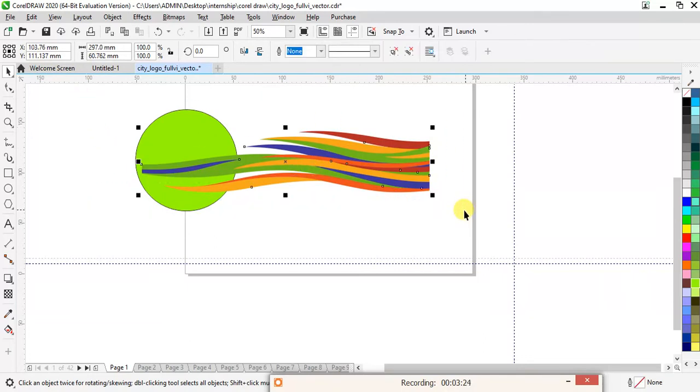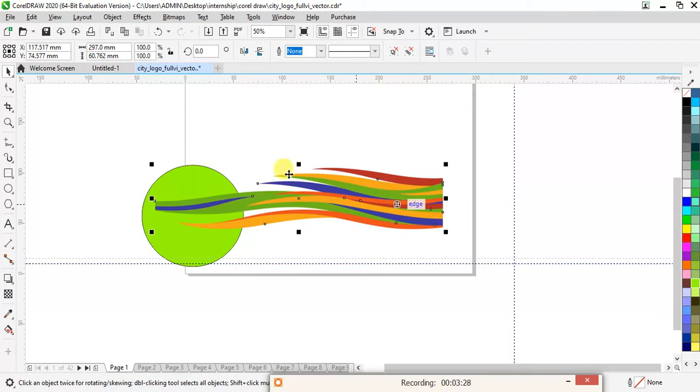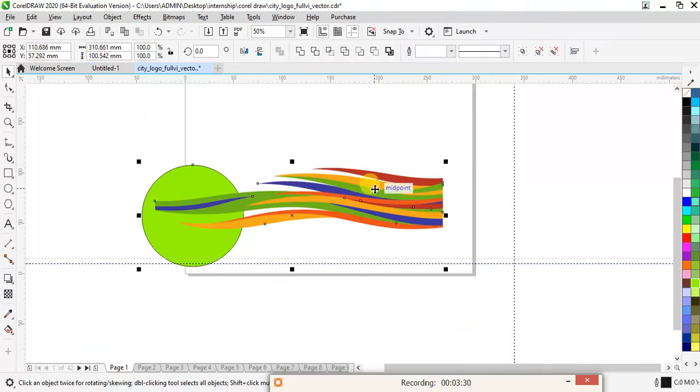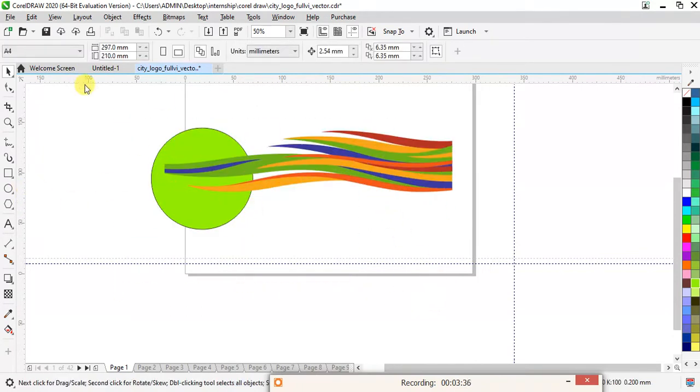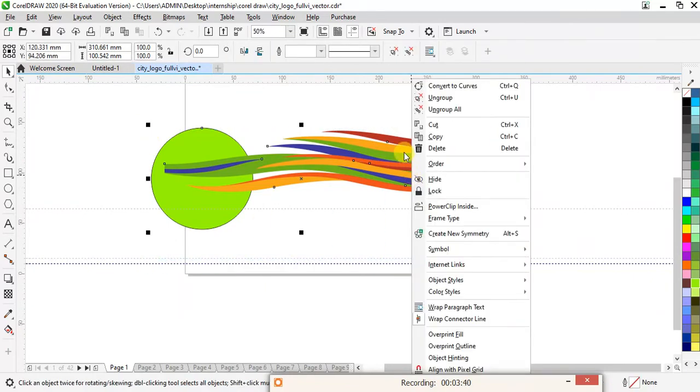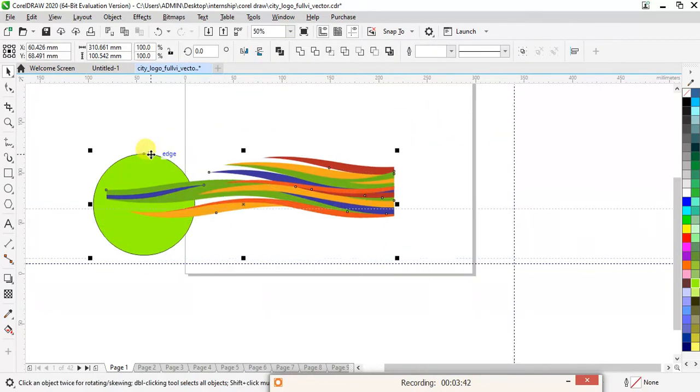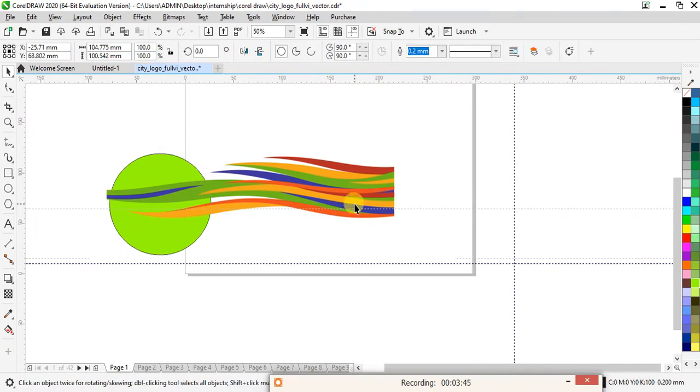Now I want to group these. You can see I can move this individually, and I can move this individually. Now I want to group this together, so I'll select all, right click and group. It is as simple as that to group the object, and you can also ungroup it by selecting all these things and choosing ungroup all. Now you can see I can move it again.